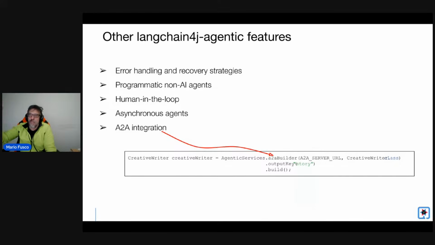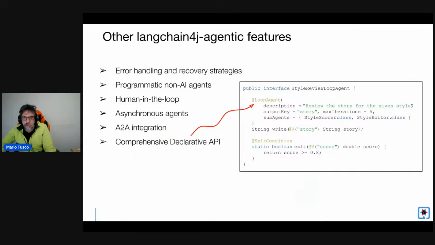So you have an agent that provides a service, I don't know, that provides weather forecast or whatever you want on a different server, and you invoke with this protocol this remote agent that is not an agent that runs locally. And of course, you can mix both local and remote agents in your agentic system. Okay,